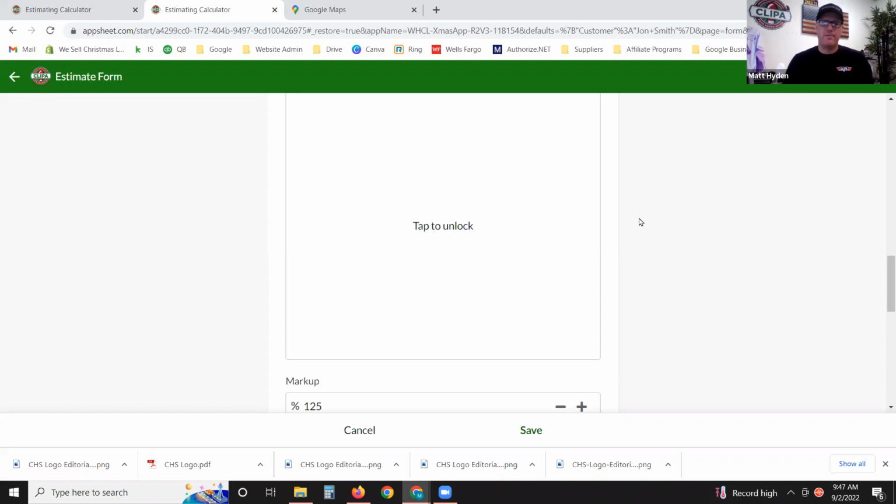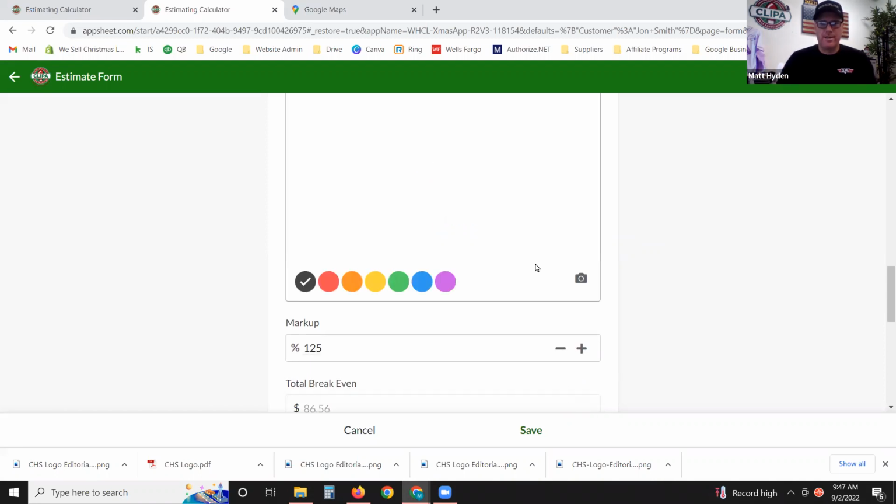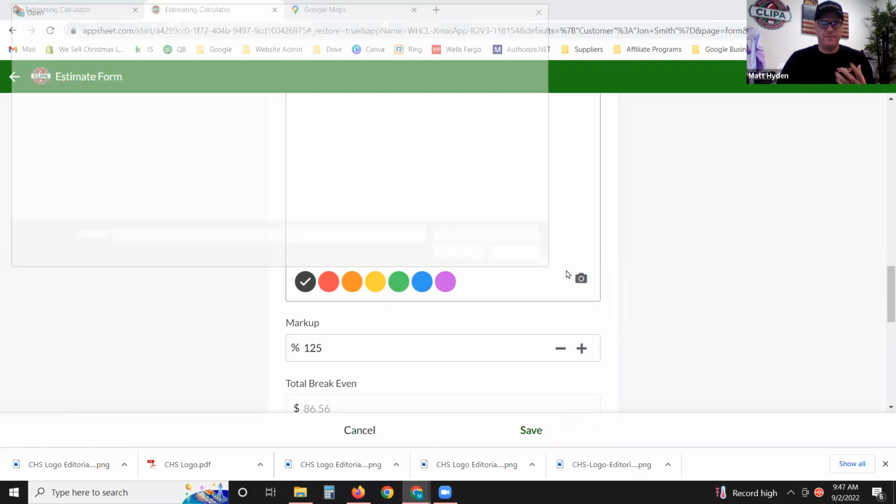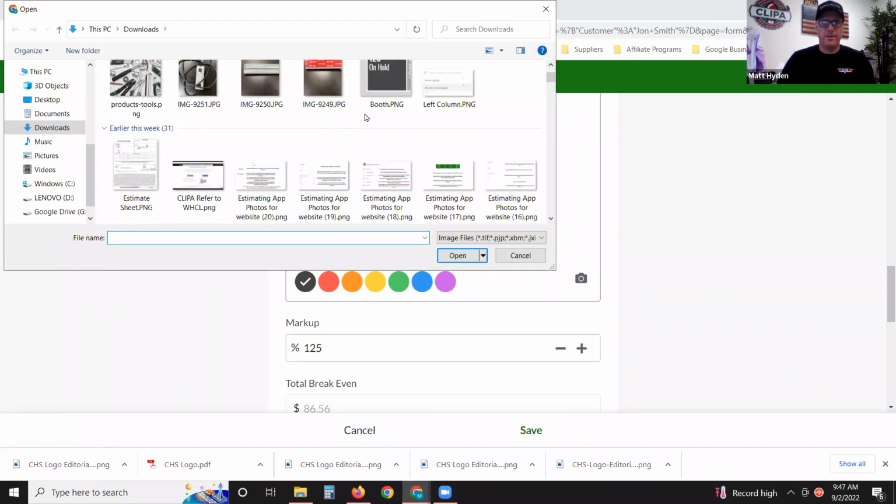So make sure you have a reference point that you can go back to. Whoever's doing the sales, make sure they're talking about this is how high we're going to decorate. Make sure everybody's on the same page and have a photo that you can mark up to make sure that you show that. So, we'll just basically take a photo of the tree. I hope I have any trees in here, but